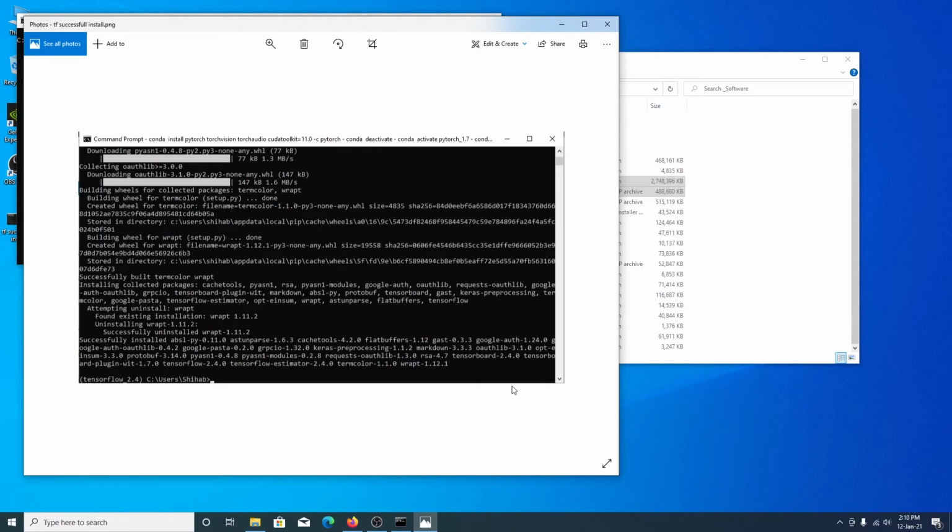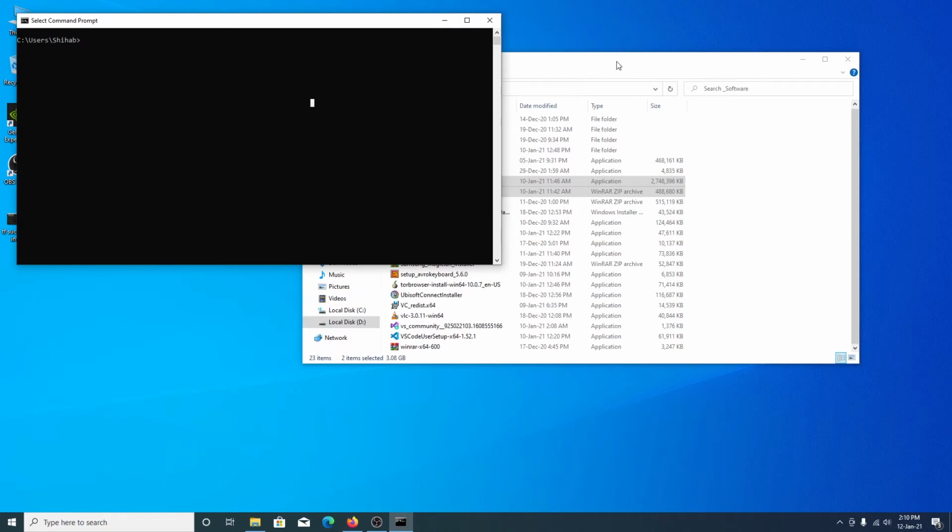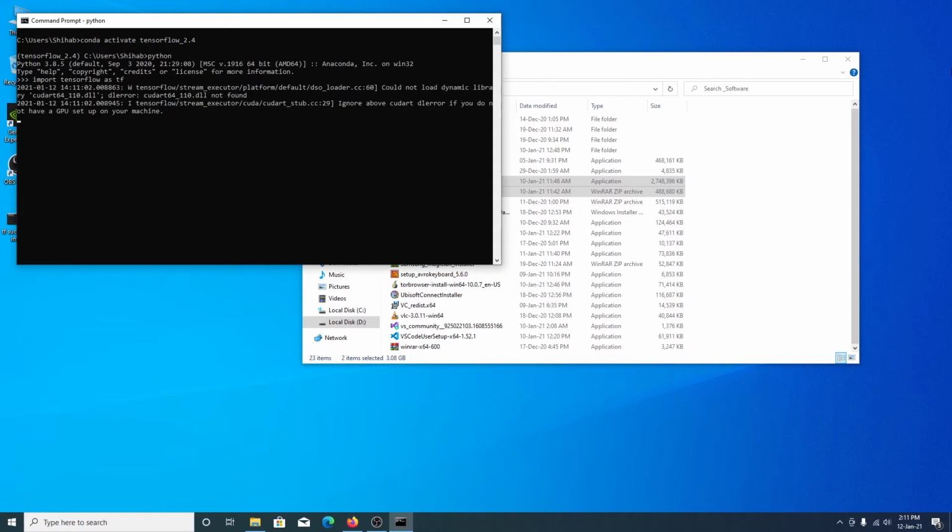So if you saw this output, then your installation was successful, and now you can import TensorFlow in your Python code. Let me show you. First, let me activate the environment where I installed TensorFlow by typing conda activate tensorflow 2.4, my environment name, and then let me bring in the Python interpreter. And if we type import tensorflow as tf,